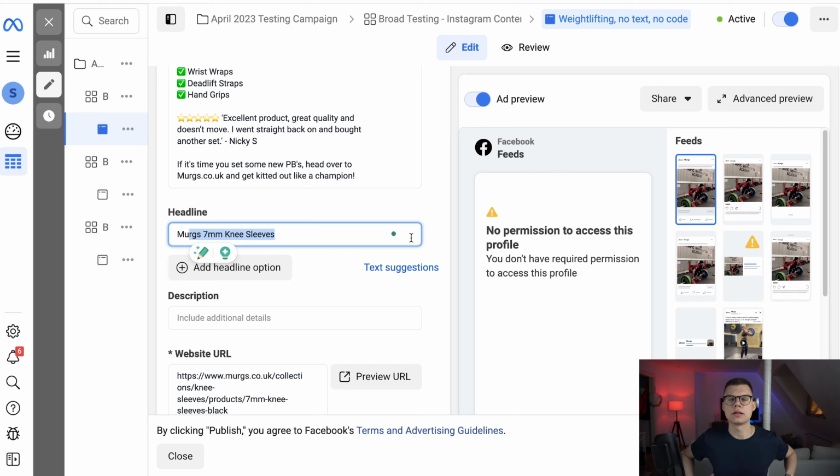Why is that the way to go, in my opinion? Because having a neutral headline is just what it is, right? It's neutral, so it doesn't turn people off. But if you have a headline which may say, "the best knee sleeves ever," then this may turn people off because it sounds scammy or whatever. And the best shot at really isolating your creative is by having a neutral headline, a neutral ad